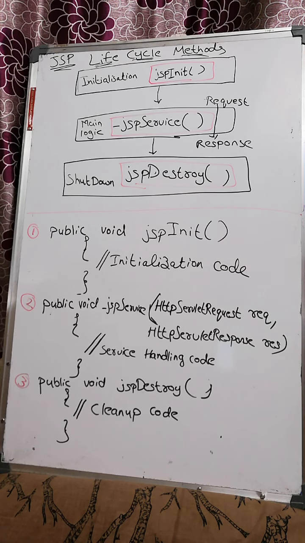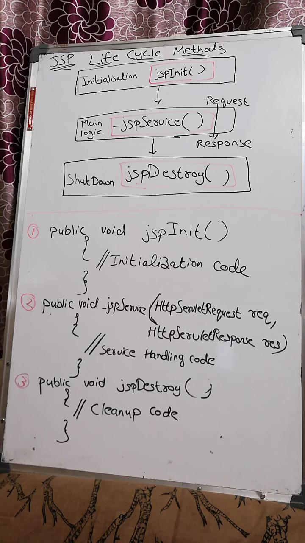In the translation phase, a JSP program is converted into servlet, that is .java, then .java is converted into .class. The second phase is the request processing phase. In this phase, the .class file will be loaded into main memory, and for the servlet program, an instance, that is an object, is created. Next, our JSP lifecycle methods are going to be invoked one after the other.